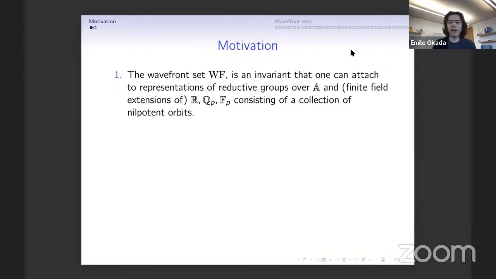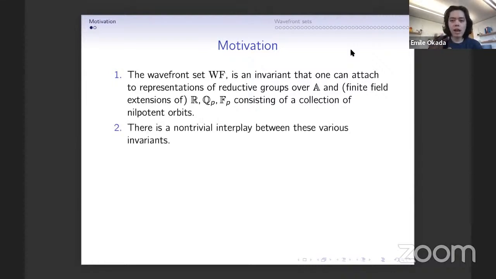So the Wavefront set is an invariant that you can attach to representations of a reductive group over various rings, either the adeles of a number field or finite field extensions of the real numbers, like the p-adic numbers or finite fields. And it's an invariant which consists of a collection of nilpotent orbits. And even though there are various definitions in each of these cases, and in fact, I should mention,